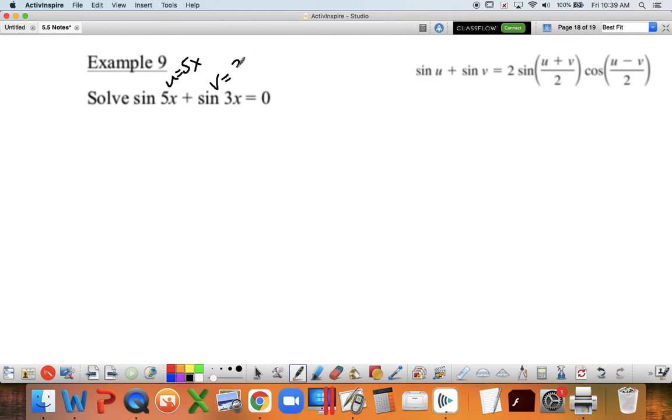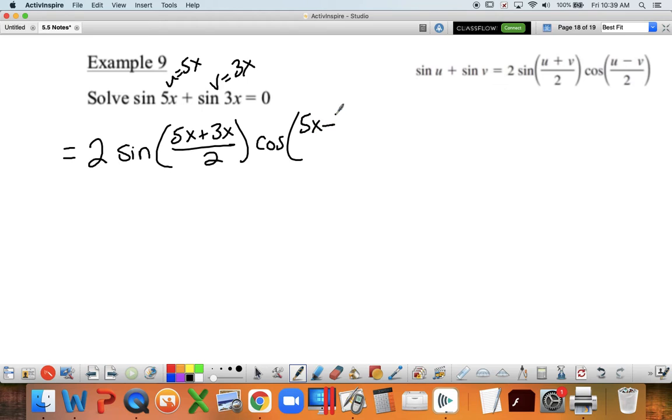Our v value is going to be 3x. And I'm going to plug it into this equation. (5x plus 3x) divided by 2 times cosine of (5x minus 3x) divided by 2, and it equals 0. So I get 2 sine 4x